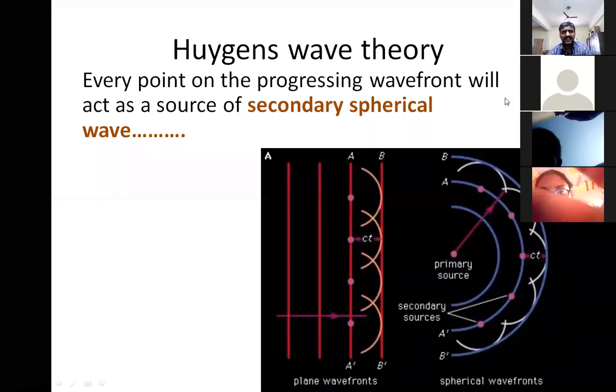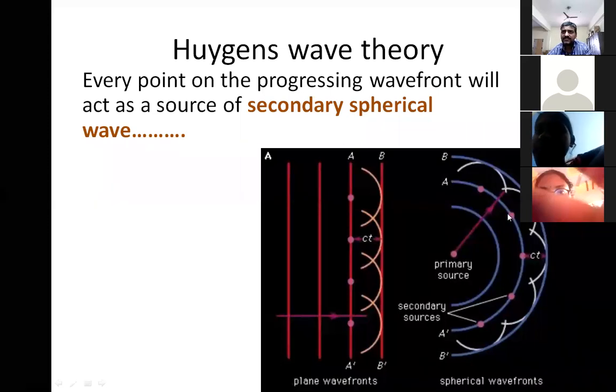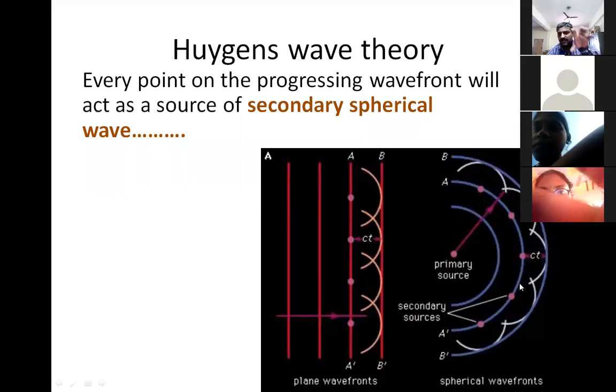And on the right hand side, I have another thing. I have shown a point source, a spherical source. From there, a spherical wave is being emanated. This spherical wave is progressing in time, and I want to locate once again where it will be at later times. So at A dash, we have an arc. I hope you can see A dash. This is the arc. This A dash has some point sources. Some points I have marked here, and assume that you have frozen the time at that particular instant.